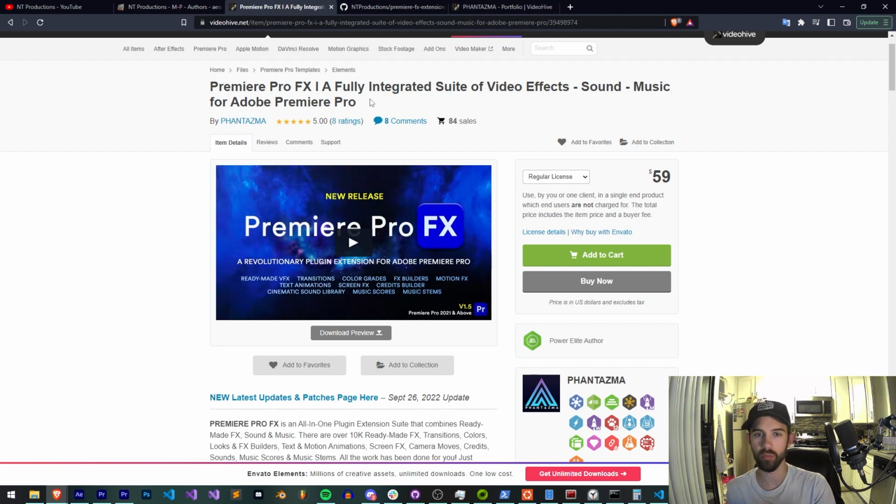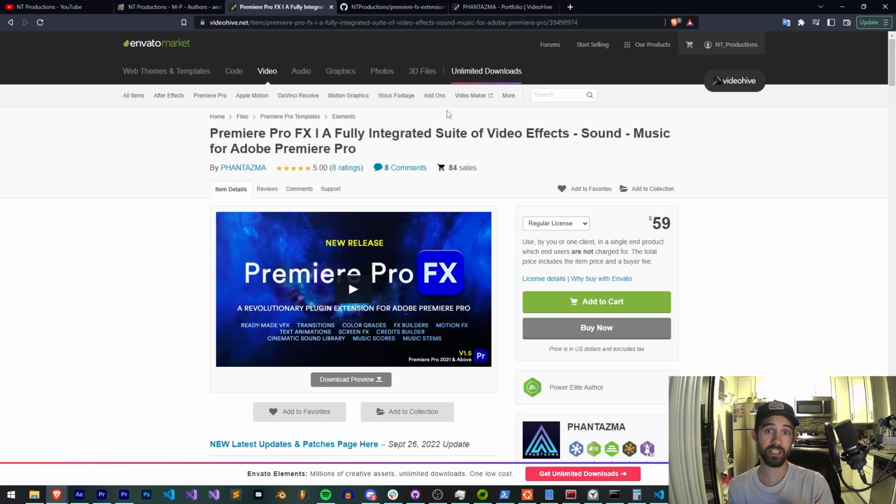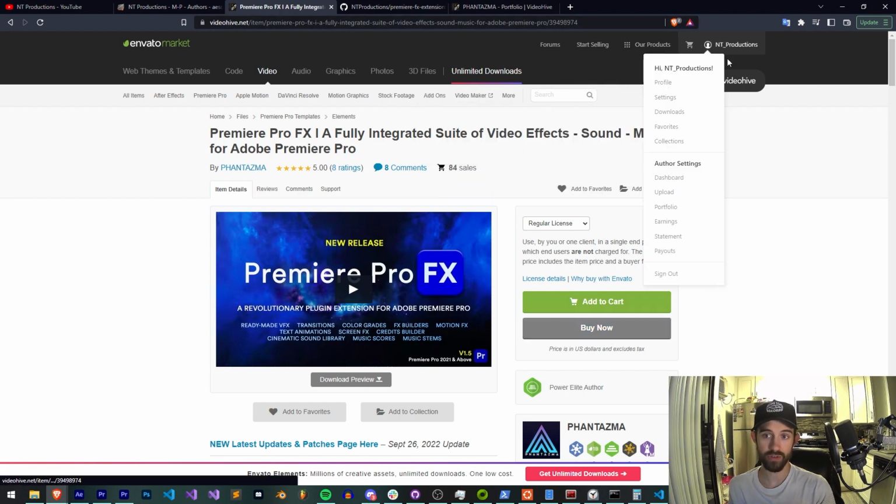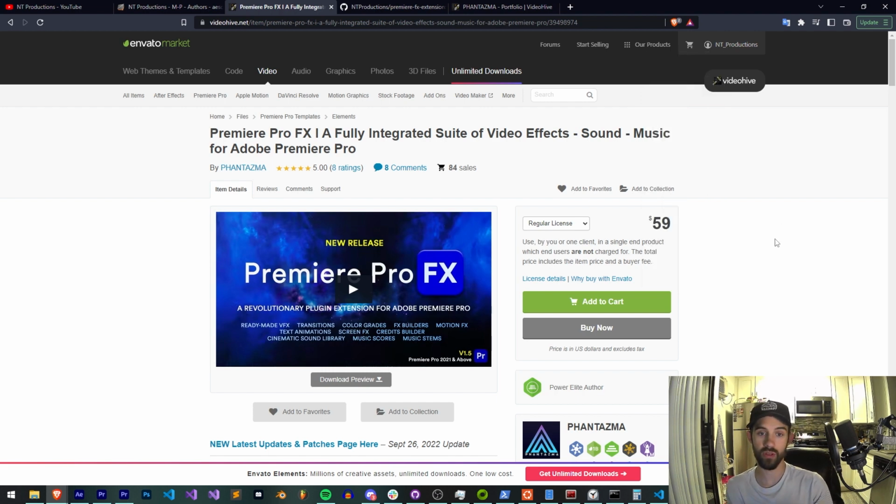And this is kind of the tricky part. In order to get the registration code on Envato, first the product has to be uploaded and approved by the VideoHive people. Once it's approved, you can then go to Add Cart, Buy Now. Inside of that section, which is under your downloads, you can then download the files for the app as well as a text file which has the registration code. This means that until the product was both accepted and uploaded, we couldn't test any of the registration codes for Phantasma